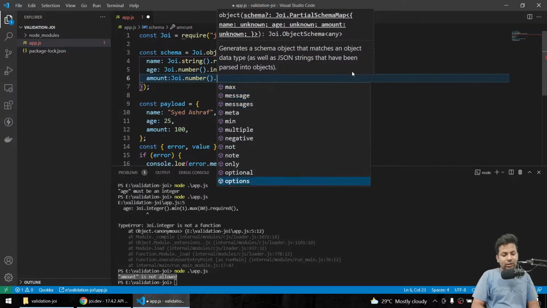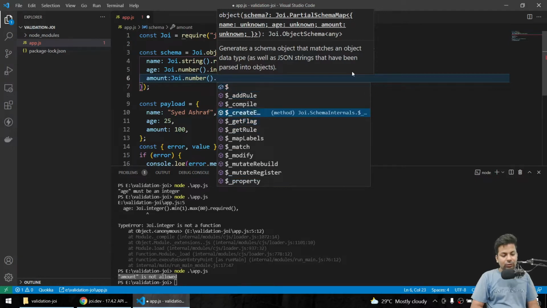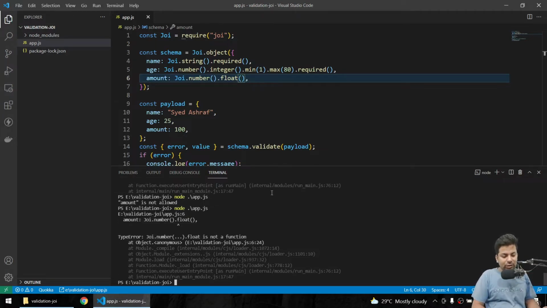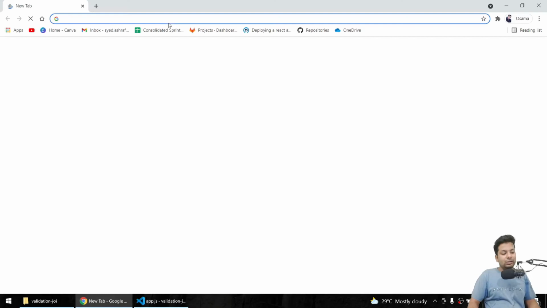We have integer, then we have, I just forgot what it is, add rule. We'll say float. I think float has been deprecated, I just don't know, let me check. Okay, yeah, I think float has been deprecated.